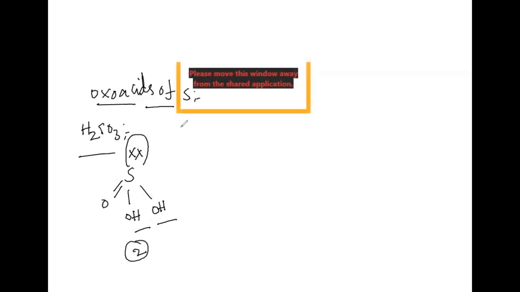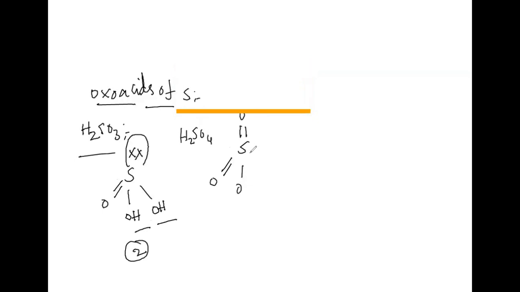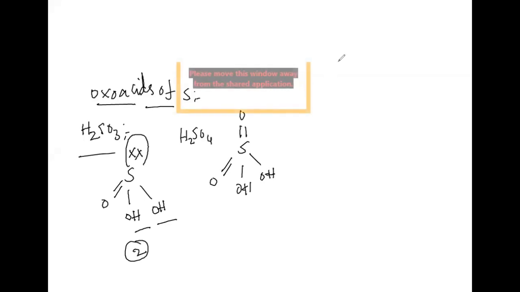Then sulfuric acid, H2SO4. This we can also write as S double bond O, S double bond O, OH, OH. We can take this also as a dibasic acid. Then here we can see oleum. What is oleum actually? What is the name of this oleum? H2S2O7. This oleum we used in organic chemistry. I already asked you where we used it.